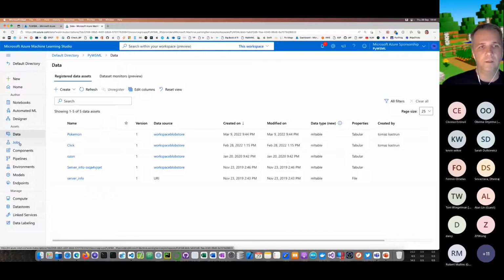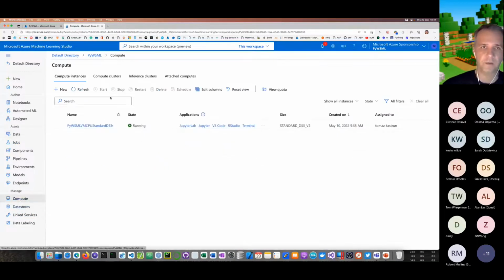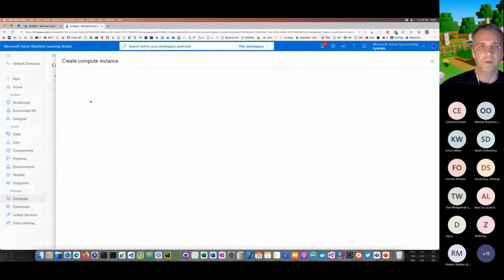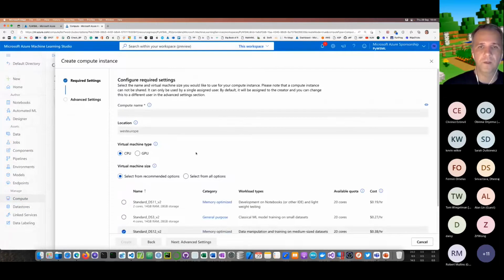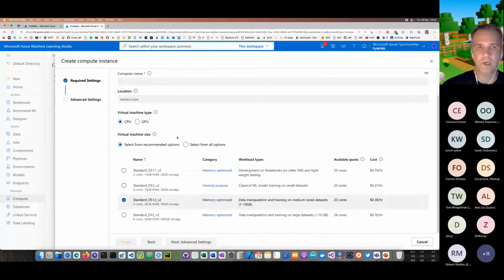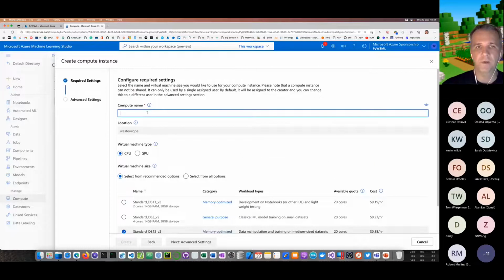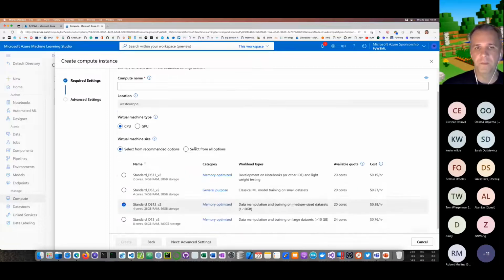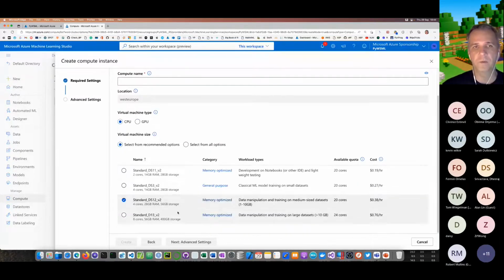So one thing is data. The second thing is the compute. So with the compute instances, you start working from scratch, and you give your compute name, the location, and then you have GPU or CPU, and based on that, you will have your category available, whether you want memory optimized or for general purposes and stuff like that. And you can also,